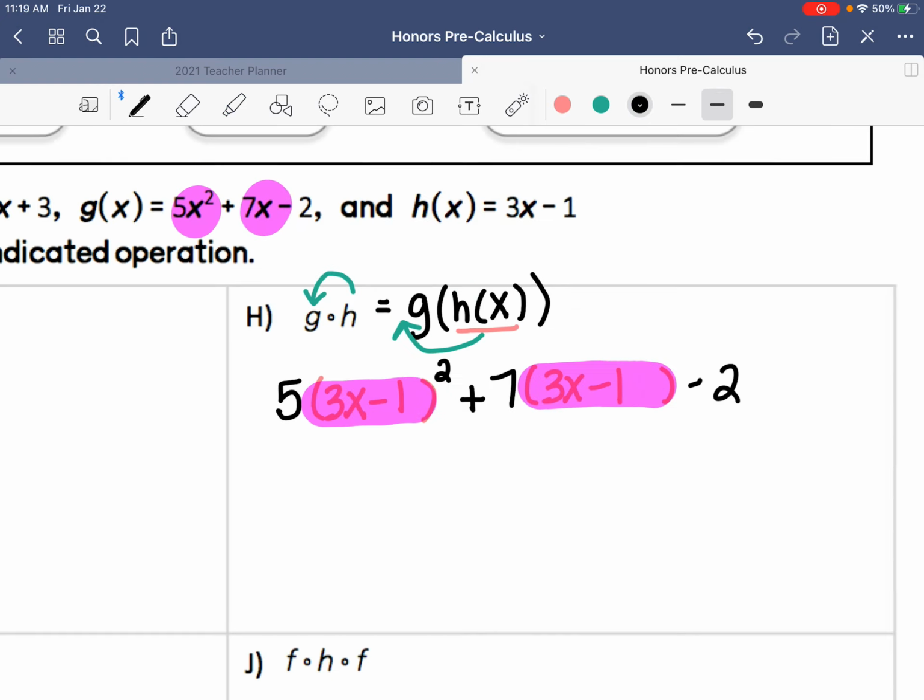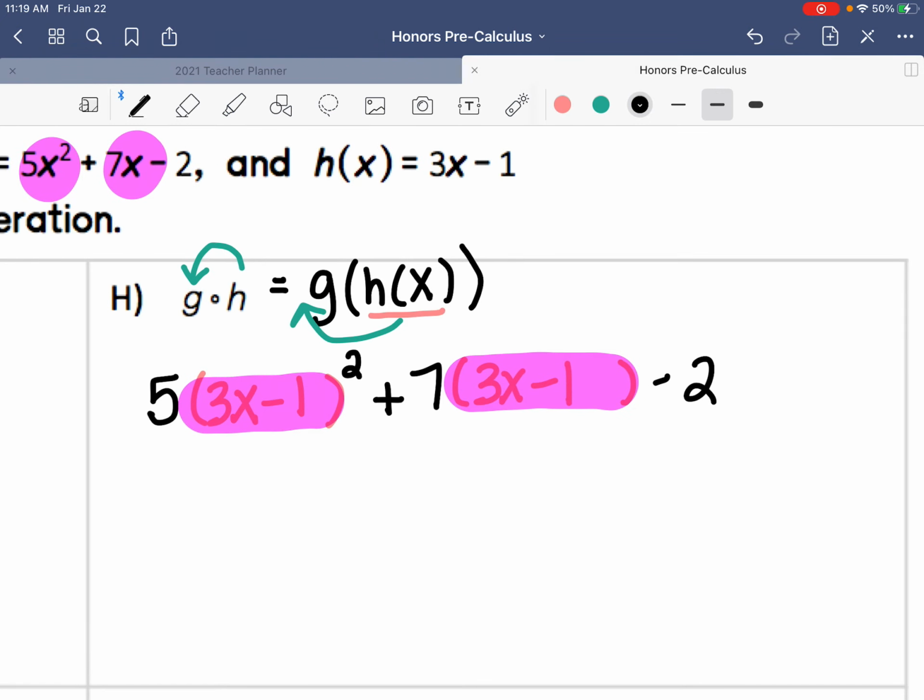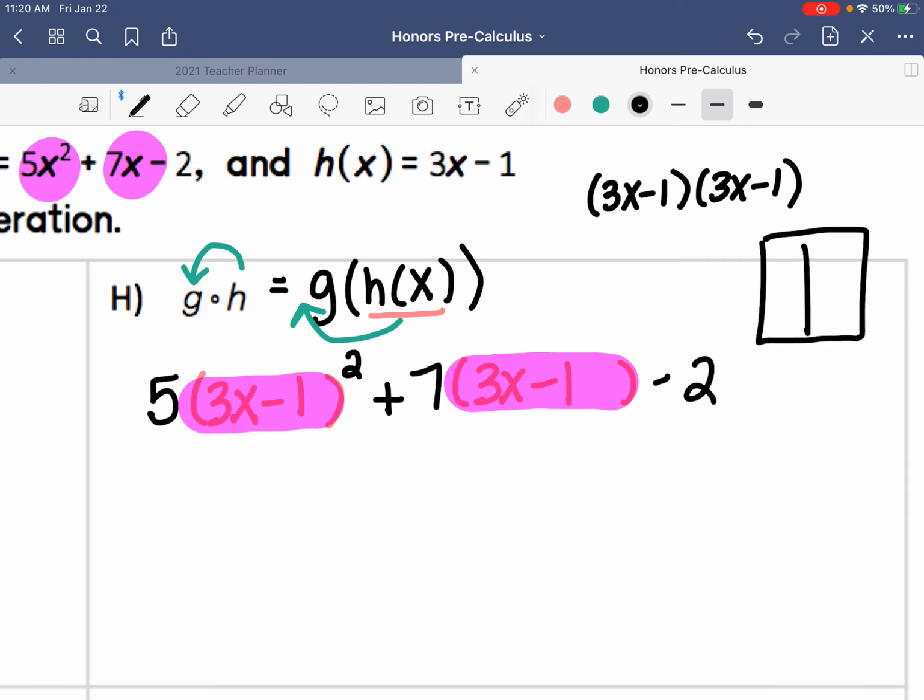Now, this one's going to take a little bit more effort to simplify because I have a parentheses squared. So that parentheses squared means I need to write it twice. So it's the same thing as saying 3x minus 1 times 3x minus 1. Now, I'm going to box method that. Again, like I said in my previous videos, if you want to multiply and you understand to multiply every piece in one parentheses times every piece in another parentheses, by all means do that. So this is going to give me 9x squared. Then we have minus 3x,